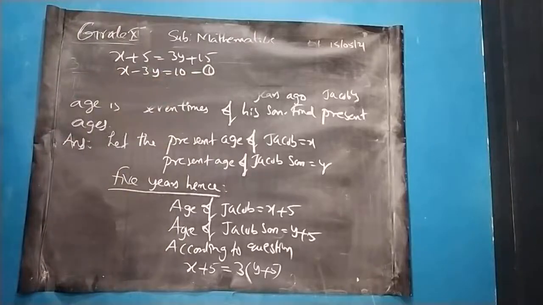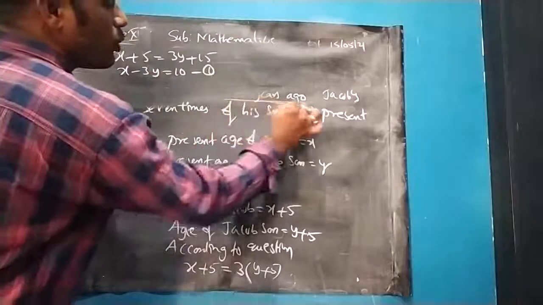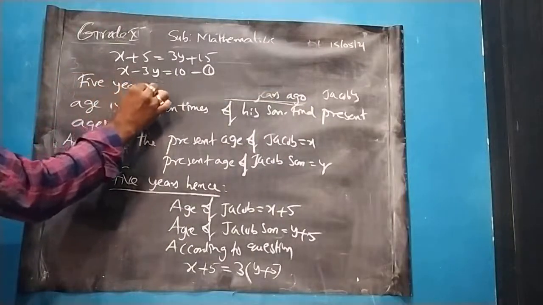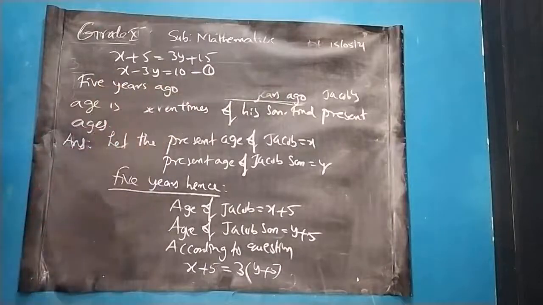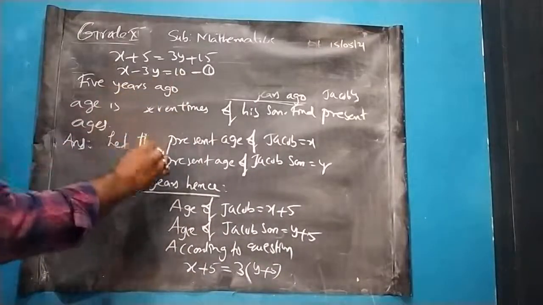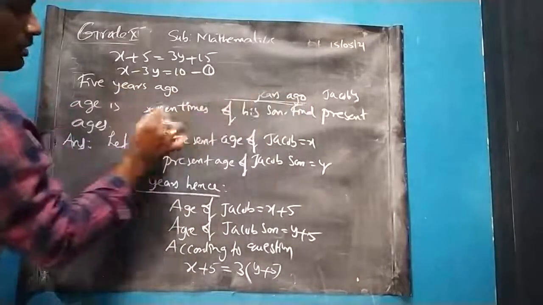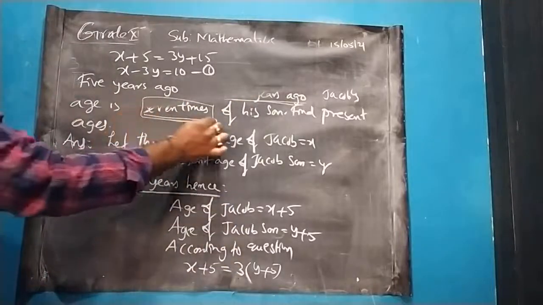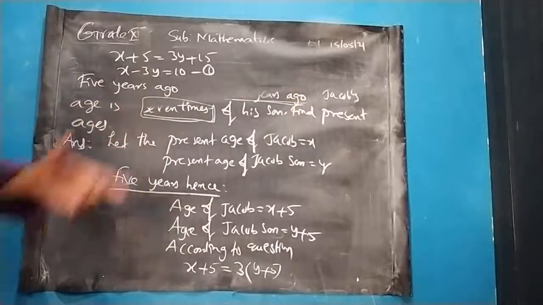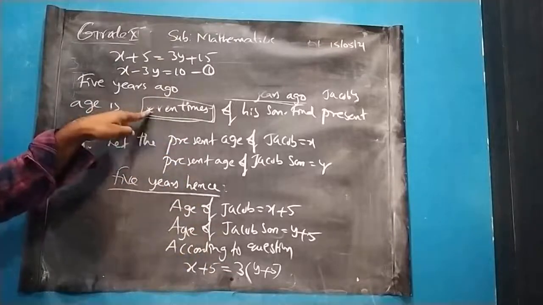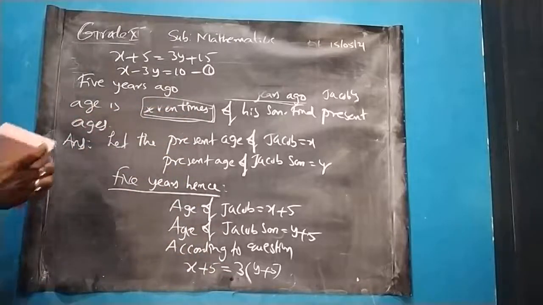Okay. Similar case, next, given in the question, 5 years ago. So let me write here, 5 years ago. We are very familiar with the word ago. Ago means before 5 years. So before 5 years, let us say what is the age of Jacob and what is the age of his son. Now according to the question, it is saying 7 times. So instead of 3 times, the concept came to 7 times. So he is comparing in the first case as well as the second case the same way, but the first case is comparing with 3 times and the second case with 7 times.